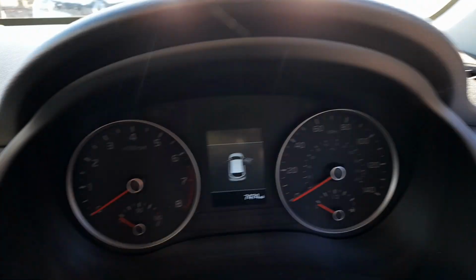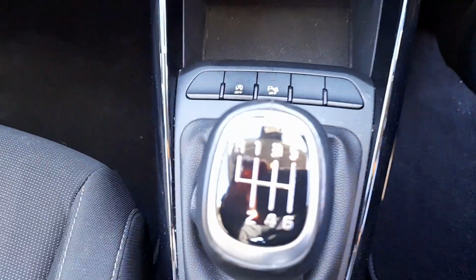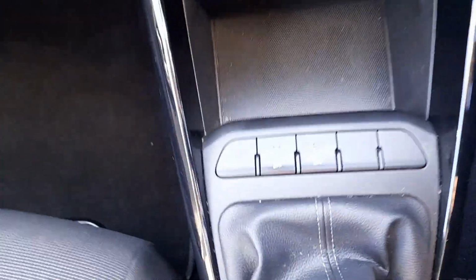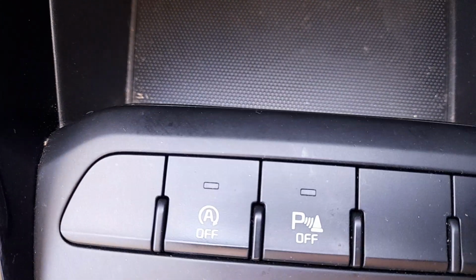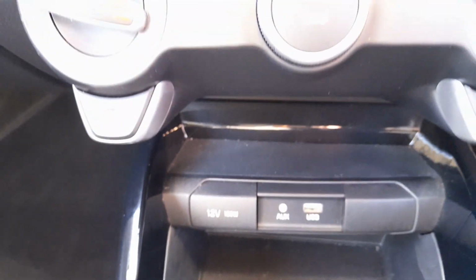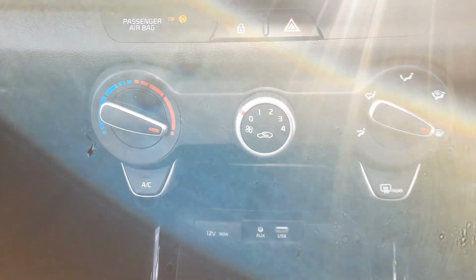This car's done 7,474 miles, 6-speed gearbox, stop start deactivation switch. Then you've also got the USB and auxiliary ports, 12-volt plugins for accessories, manual air conditioning,